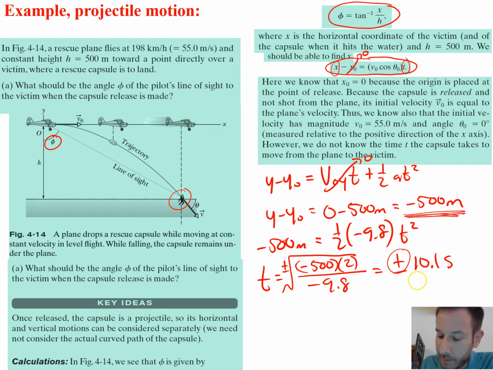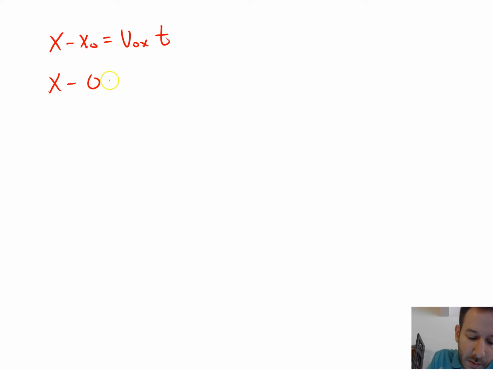Okay. All right. So now that we have this time, we can go back to our x equation up here, go and plug that time in and find what the x coordinate is. All right. So let me flip to the next page. So the equation we have is x minus x naught is equal to v naught x times t. Okay, so x minus 0, because our initial value of x was 0, is equal to 55 meters a second